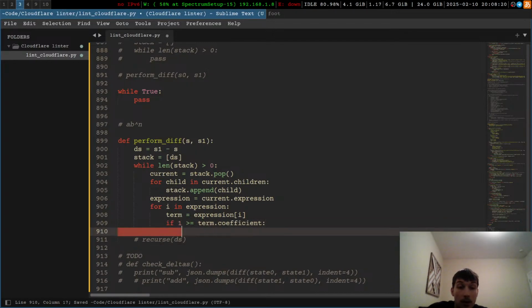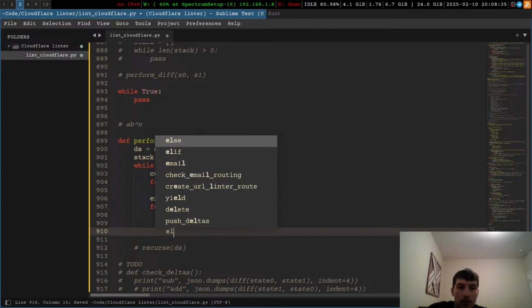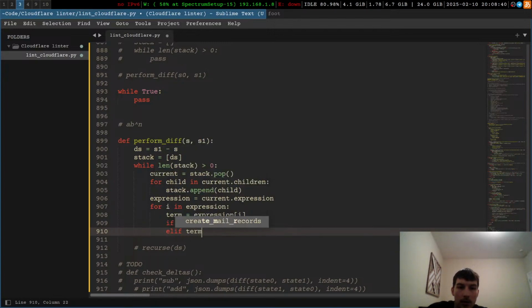Well, this is actually supposed to be greater than or equal to 1. Otherwise, term dot coefficient